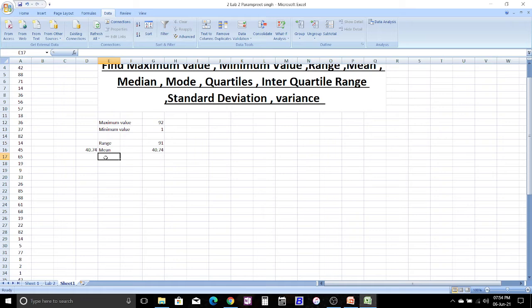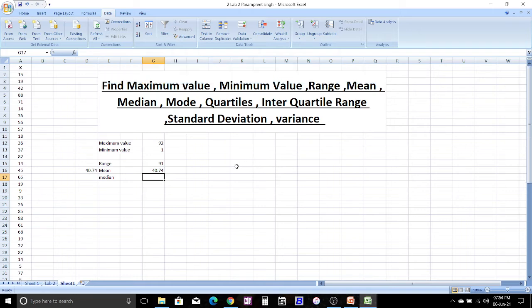Now we will calculate median. Median is that value of variable which divides the group into the two equal parts. One part comprising all the values greater and the other values less than the median. When we are doing the manual calculation, we need to arrange the data into ascending or descending order. But here we don't need anything to make it.